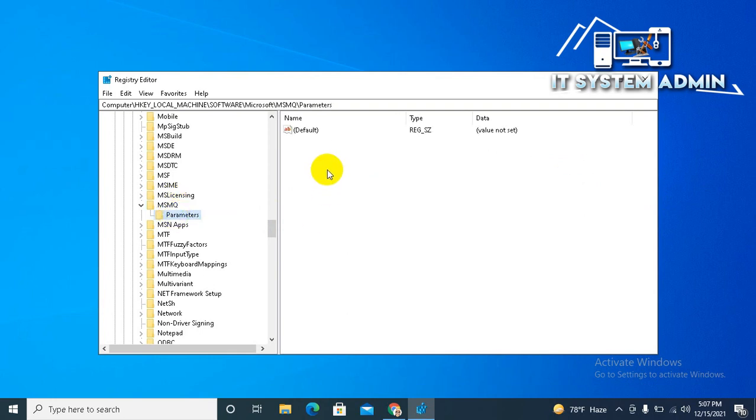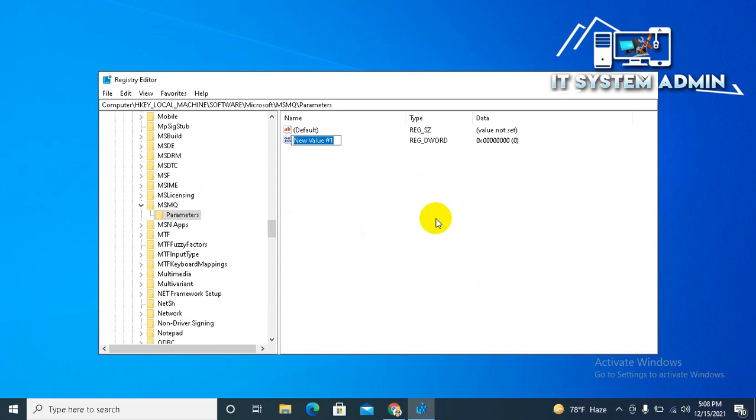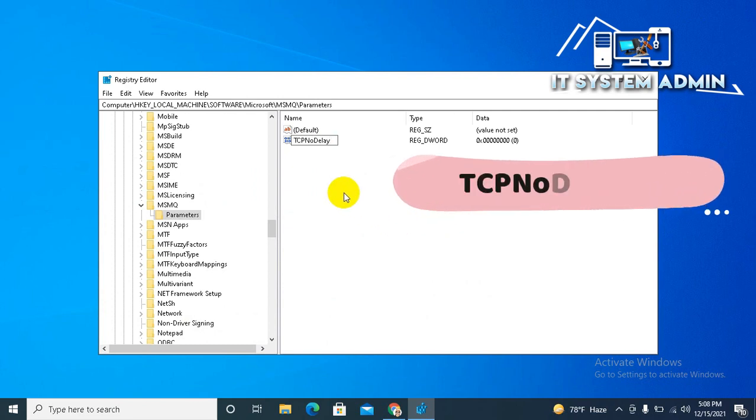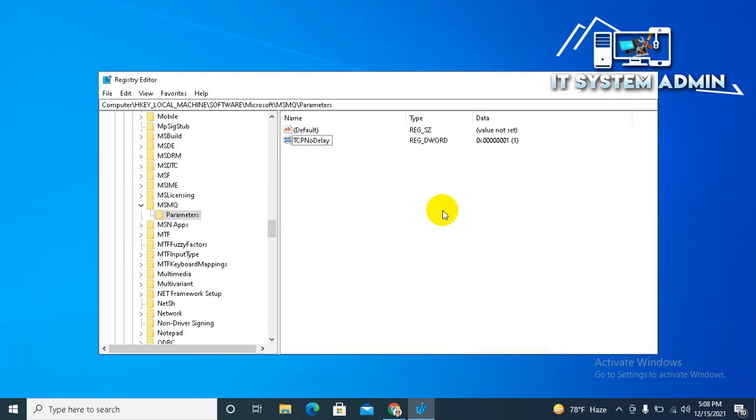Okay, right click on empty area, click on New, then click on DWORD 32-bit value, change the name to TCPNoDelay, and double click on it and change the value, set 1, and the base will be hexadecimal. Click on OK.